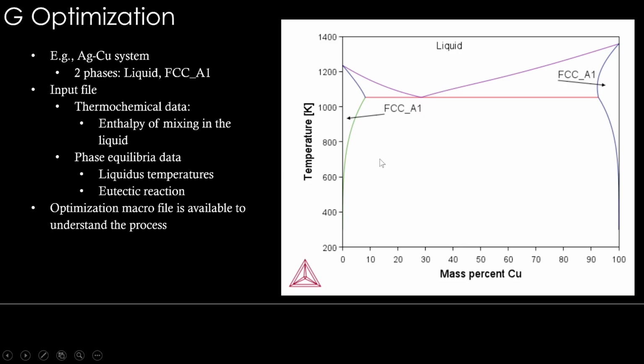Optimization actually has been done because optimization is a quite involved procedure and it takes a lot of time. Even for a simple system, it takes a lot of time. Usually, if you see for a ternary, or let's say a couple of ternaries, if one does the thermodynamic assessment, it becomes a full PhD problem. So it takes such involved work. So for this particular system, optimization has been done.